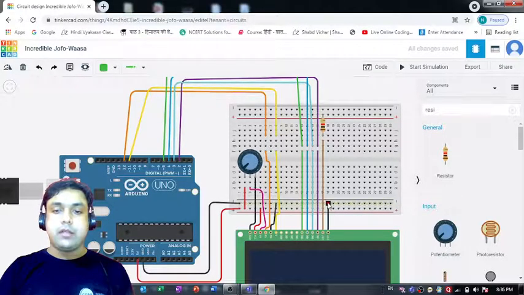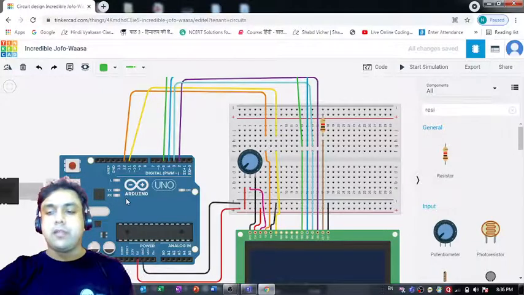That's the reason I connected it over here, because I need to create a complete circuit. That's the reason I connected this anode pin to this positive terminal of this breadboard. Right, and then I connected this DB7, DB6, DB5 and DB4 pins of this LCD to these 4 pins of this Arduino Uno R3 board. So the connection is very easy to understand. If you try it out, definitely you will be able to create this circuit on your own.